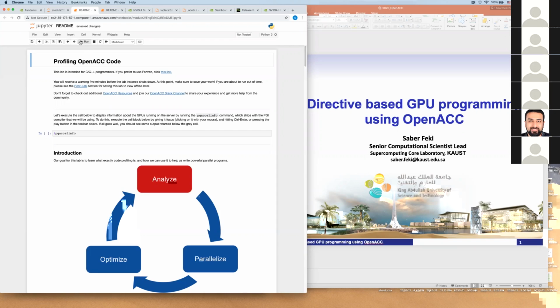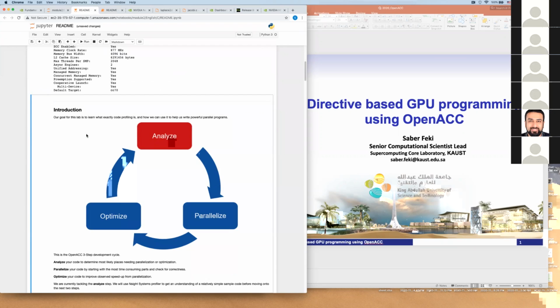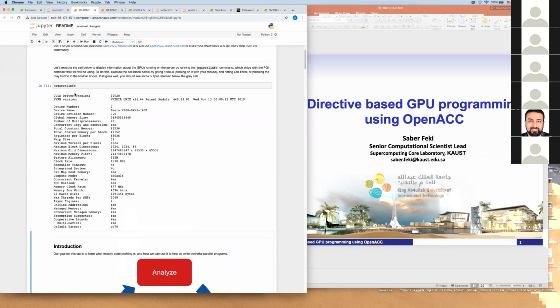So in module 1, I hope you are familiar with Jupyter Notebook. So basically that's the button you can use for run, or if you are on a cell, you can hit Shift and Enter, and that will execute that cell. And we're gonna go cell by cell and read through it. So the first command here basically